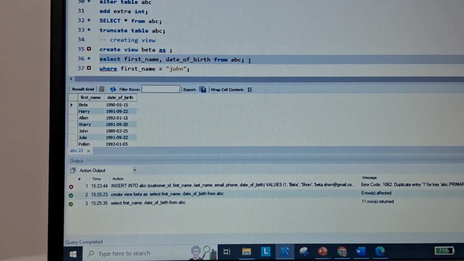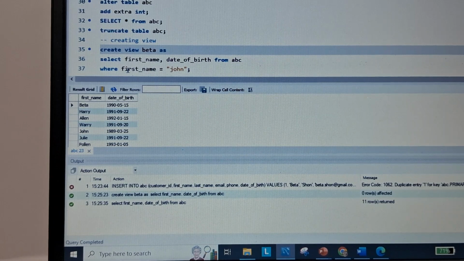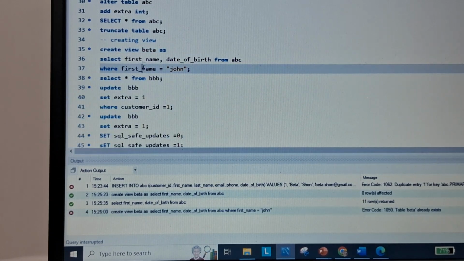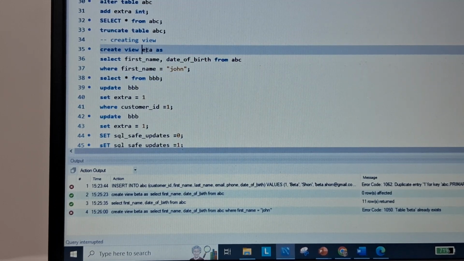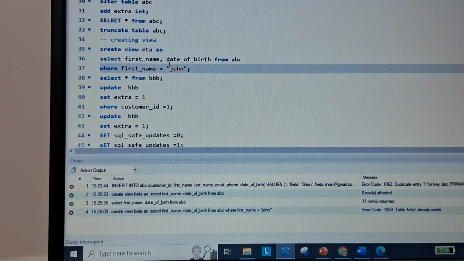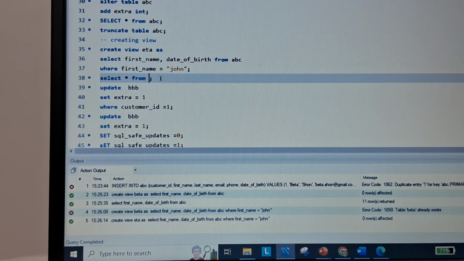Now I just want to create a view where the name of the first customer is John. It will create our view, giving it another name. Okay, so select star from it now.